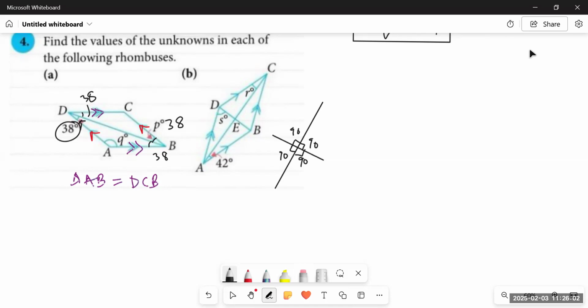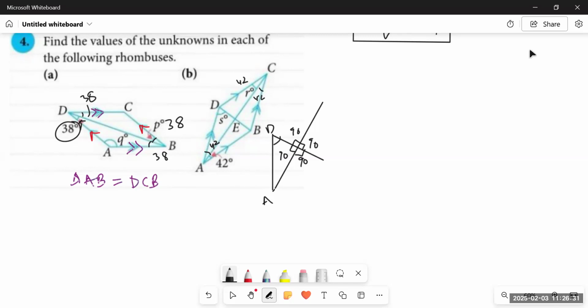And we know that if one of the angles at a diagonal is given, and the diagonal is bisecting the angle, the four angles, that is these two angles, would be 42, 42. And similarly, the opposite two angles would be 42, 42. It means angle R would be 42 as well, right? Now we have to talk about angle S. So if we look at angle S, it is forming in this triangle ADE. You see? A, D, E. The midpoint is E. And this is angle S.